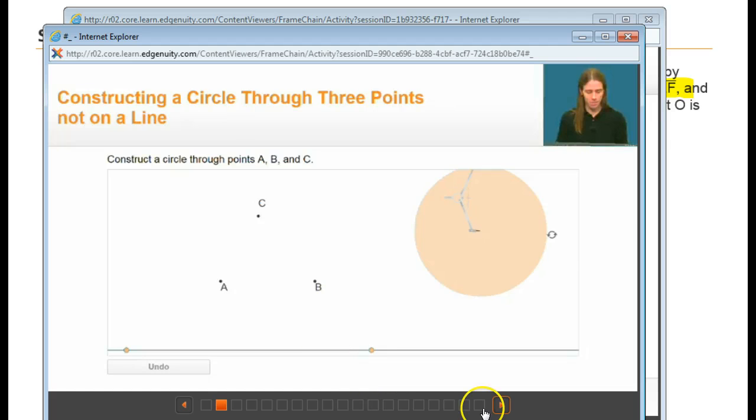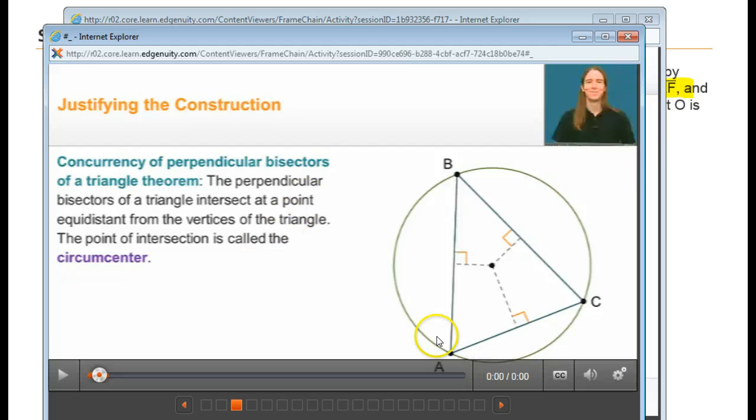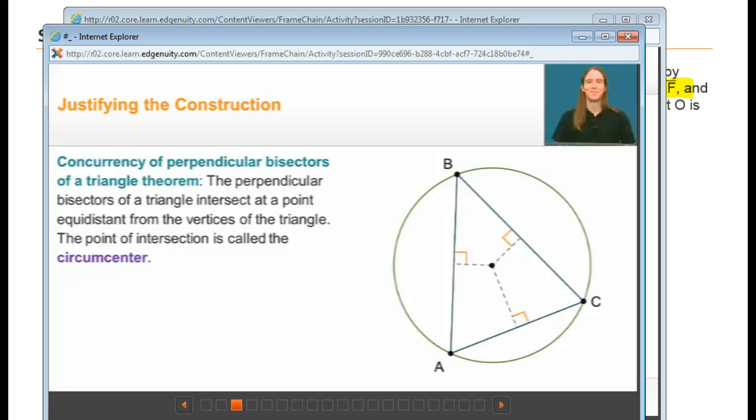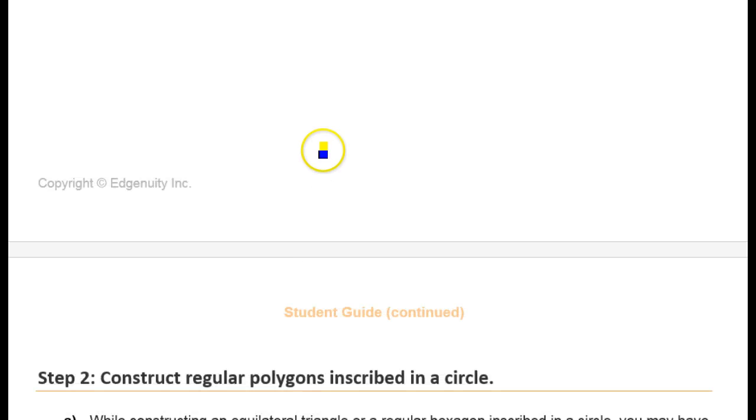All right, so I'm going to skip to the next slide. And sure enough, this is where he justifies the construction that you just did. He's talking about the perpendicular bisectors and how they are equidistant from the vertices of this triangle. It's called the circumcenter. So this is the answer to the question. So when you go to write your sentences, you will use a lot of his words and talk about the perpendicular bisectors and how they're equidistant from the vertices, etc., etc. And I think you'll find in most cases,